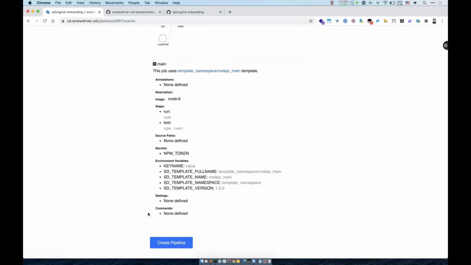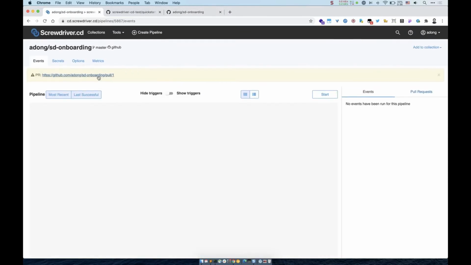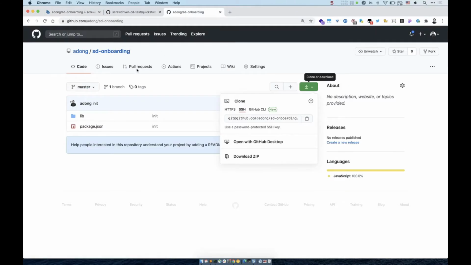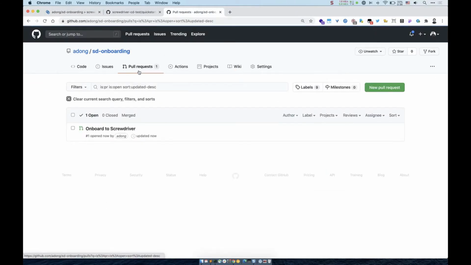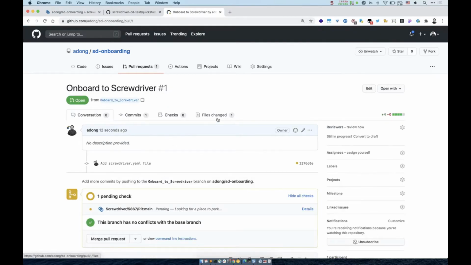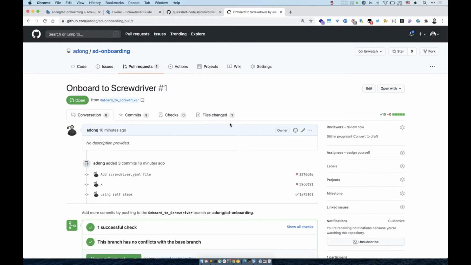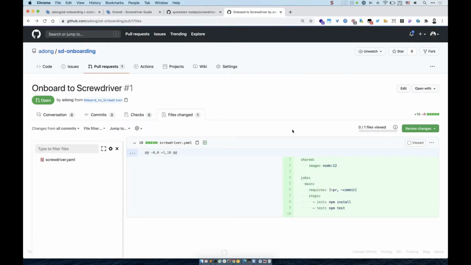So behind the scenes, what is going to happen is it is creating a PR to your GitHub repo, and all the user needs to do is merge it. Let's take a look at what's inside this PR. The PR is adding a screwdriver.yaml file to your repo with the following changes. You might not be familiar with what those syntax are. You can take a look at